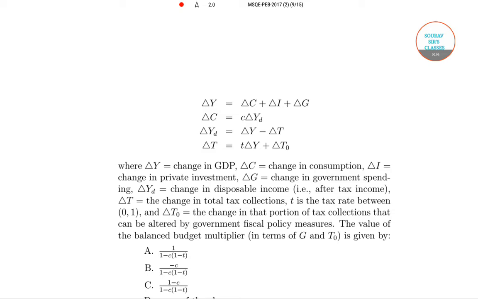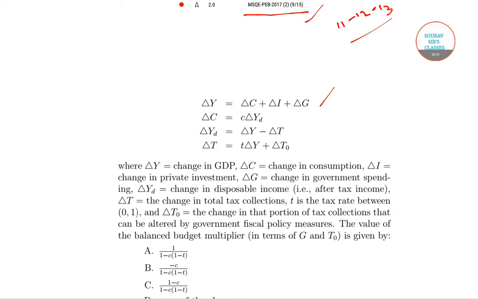So in today's video, we'll be solving MSQE PEB 2017 question number 11. Today we'll be solving question number 11, 12 and 13, these three questions from this question paper. First, in question number 11, it is given that the change in y is given by change in c,